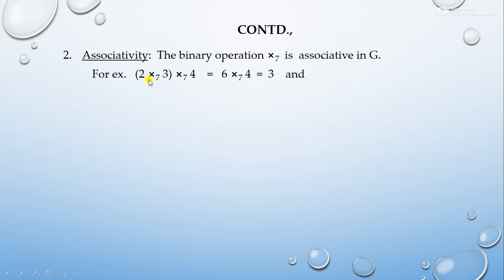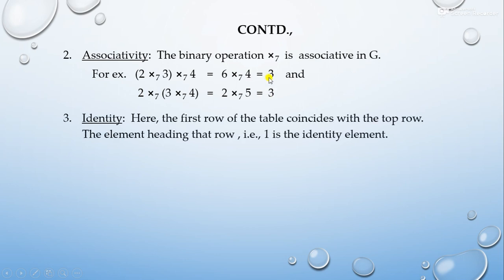First you take three elements 2, 3 and 4. When you multiply 2 and 3, it is 6, and multiplying again by 4, it becomes 24, and 24 is greater than 7. So you divide it by 7, and your remainder term will be 3. Now do it the other way: first multiply 3 and 4, then multiply by 2, and again you will get 3. So this holds the associative property.